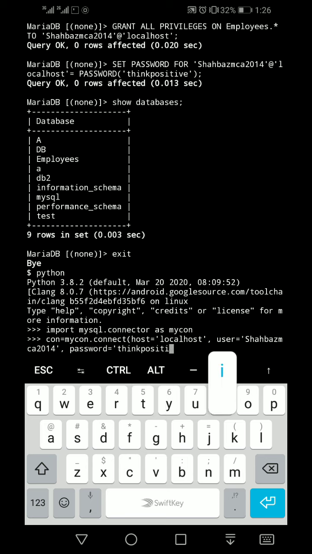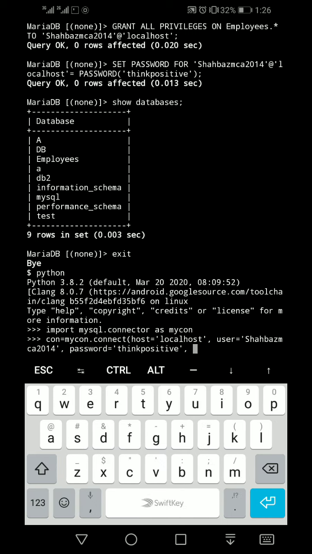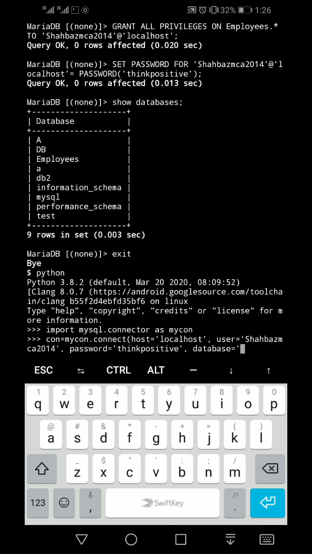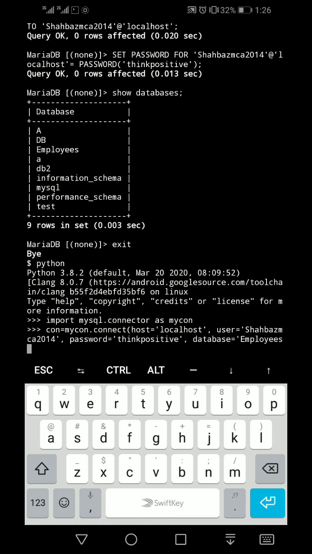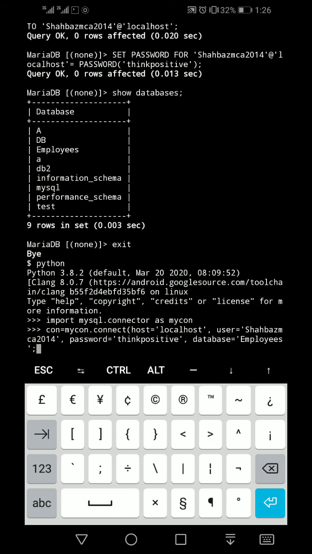Think positive, in single quotes, comma, space is not compulsory, then type database name, database is equal to employees, then bracket closed.